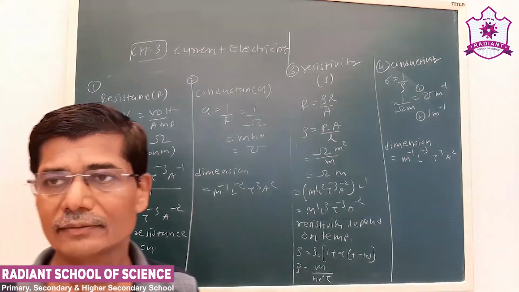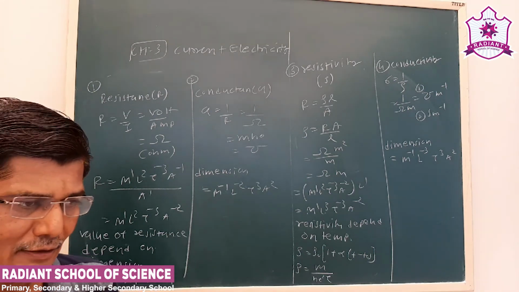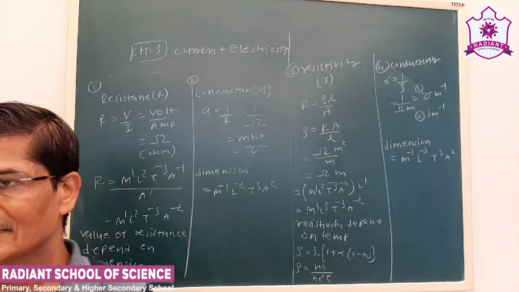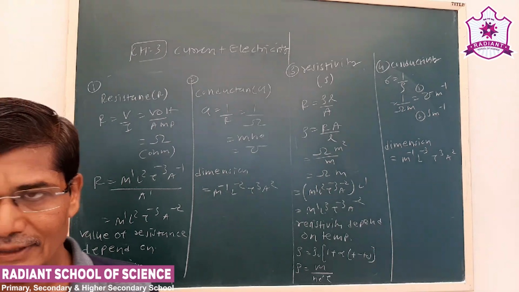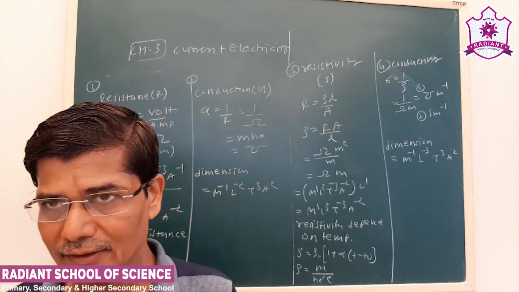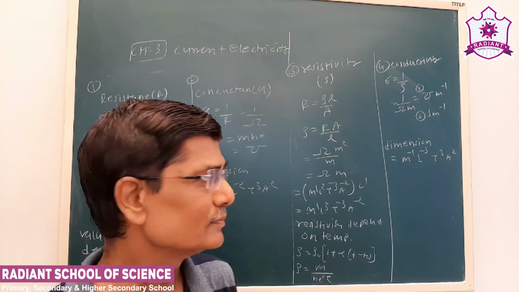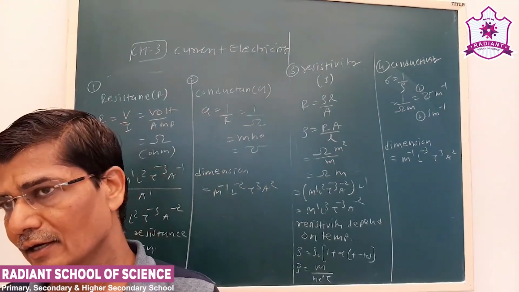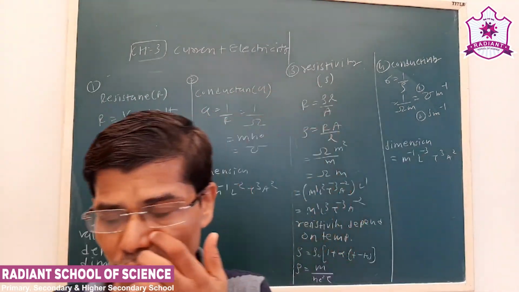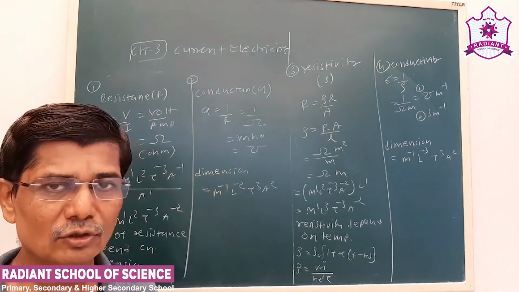So today we have seen what current electricity is, and electric current. Current electricity is a branch of physics which deals with the production of current and the various processes associated with it. We have seen how current is produced in a conductor. We have seen Ohm's law, also the vector form of Ohm's law, and then the four important properties: resistance, conductance, resistivity, conductivity. We also saw how drift velocity is produced in the conductor, and we talked about mobility also.